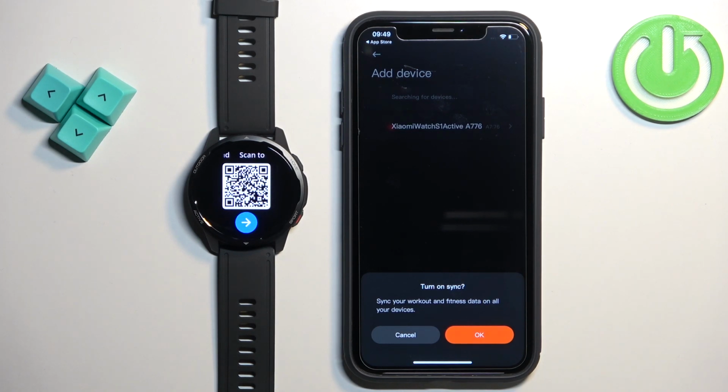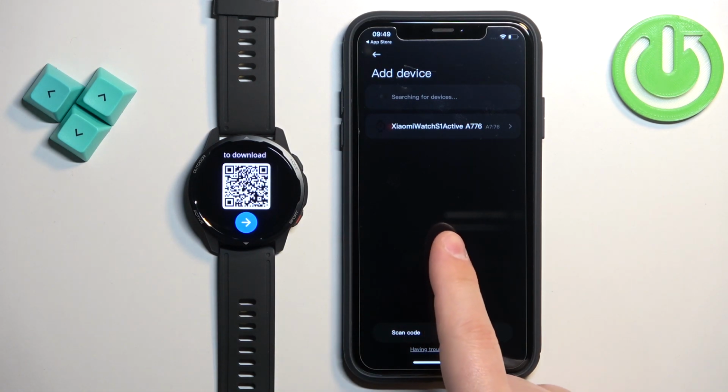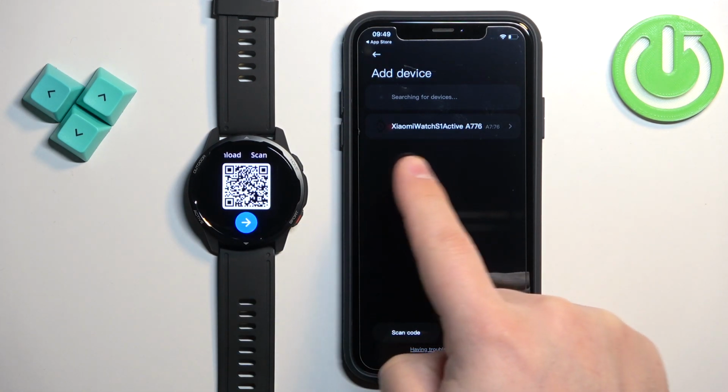And once you're done with the permissions, you should see also this message right here. You can turn on the sync to sync your fitness data if you want to. I'm just gonna tap on cancel for now. And then you will see the list of devices, and your phone should detect your watch, Xiaomi Watch S1 Active,